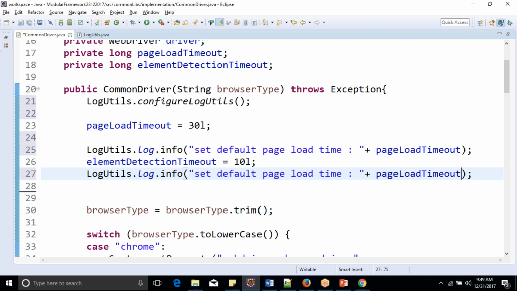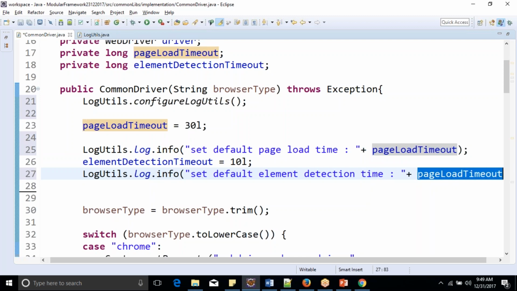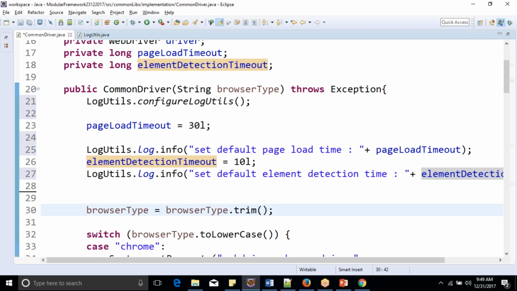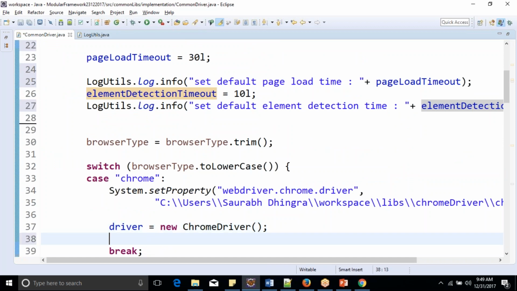Next will be this, set default element detection time. Okay, and here it will be element detection timeout. Okay, then we are trimming the browser type, and here when we are invoking the Chrome, I'll say